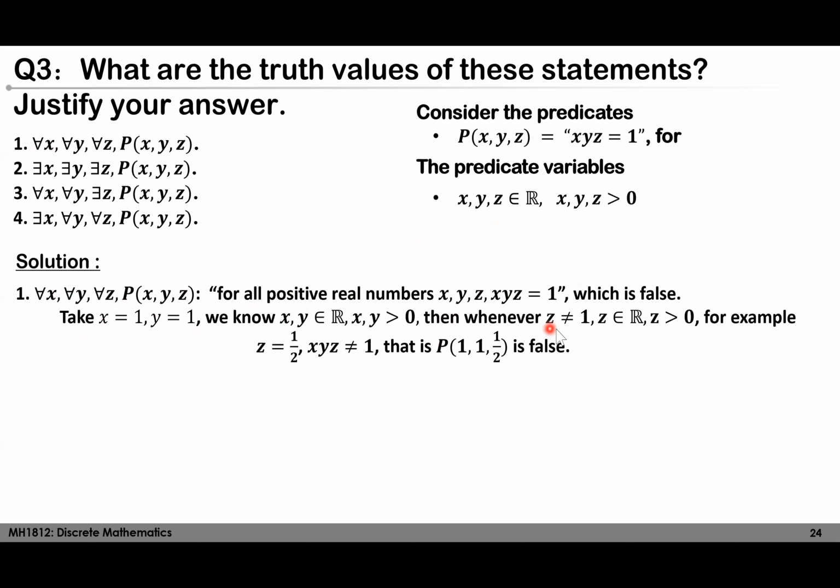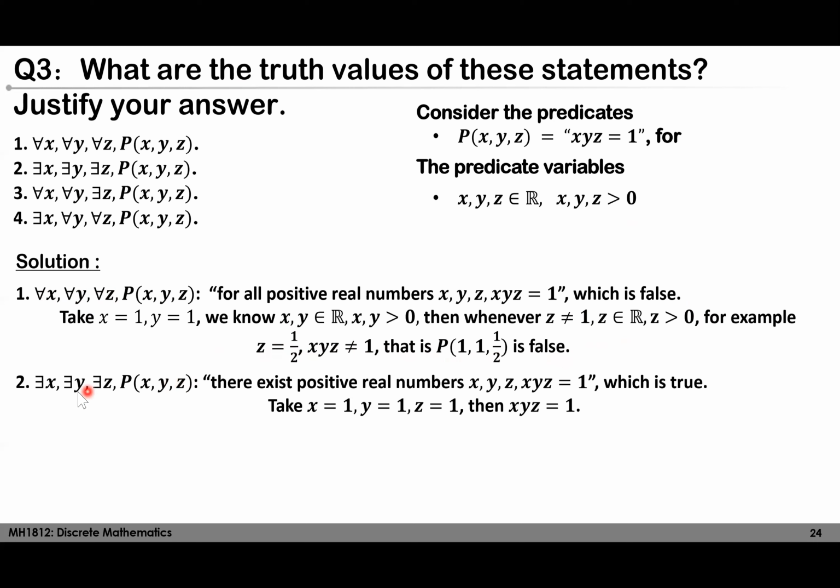Then whenever Z not equals 1 in the domain, for example, Z equals 1/2, the product not equals 1. So that is, the instantiation of this predicate is false. So this is a counterexample for this universal quantification. And for the second sub-question, this existential quantification translates into there exist positive real numbers X, Y, Z, the product